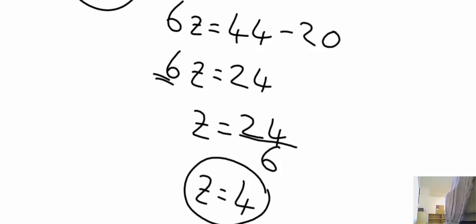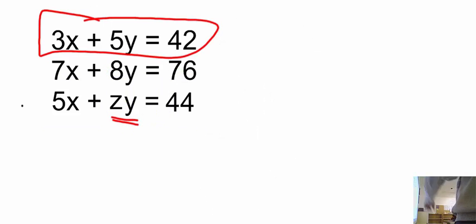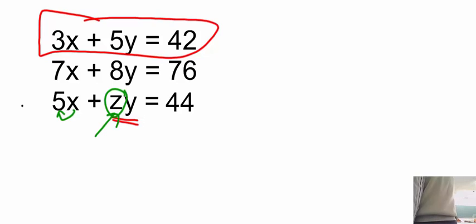So that's how you're going to do exercise 2 type of questions. Remember, this time Z is right over here next to the Y. With other questions, Z might be before the X, possible. But in that case, that means I will give you a number here, a number there, and